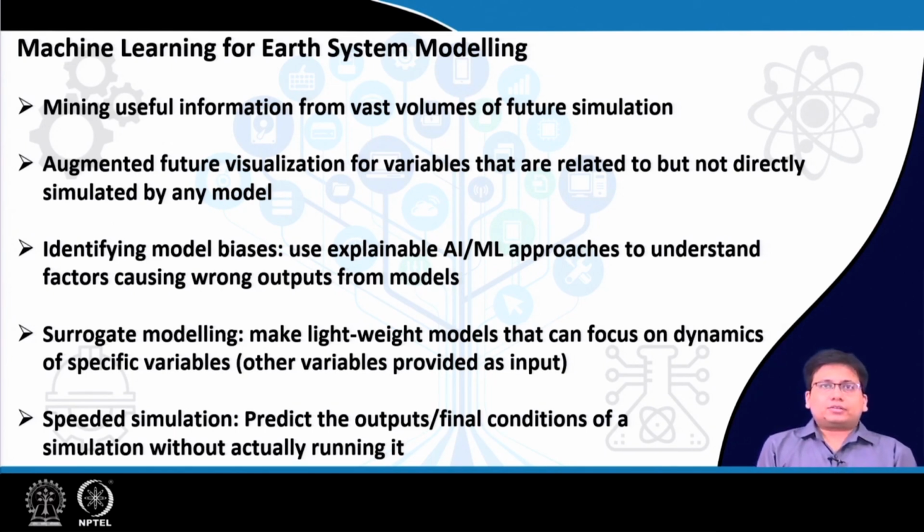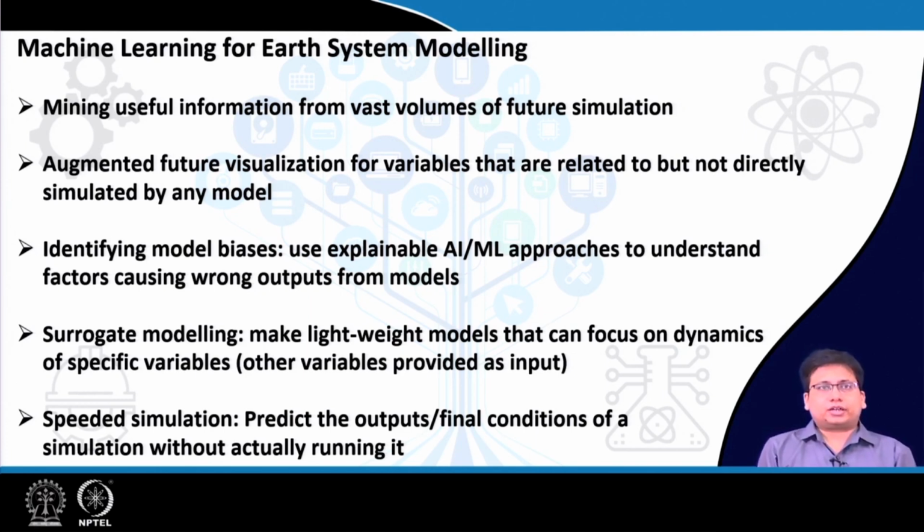Then finally, when these earth system models are run for a very long time, they will generate a huge volume of data. Now, from that, how can we extract useful information? Suppose I want to understand how many droughts will take place in such and such scenario of climate change, or how many rainfall anomaly events will take place. For that we need various machine learning algorithms, because we cannot expect to sit and manually analyze those vast